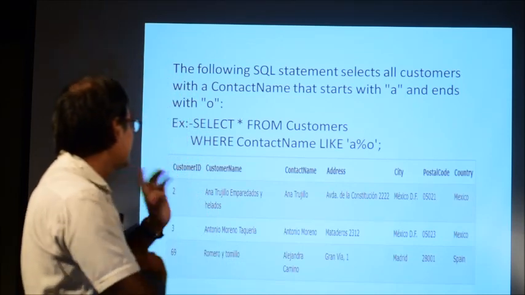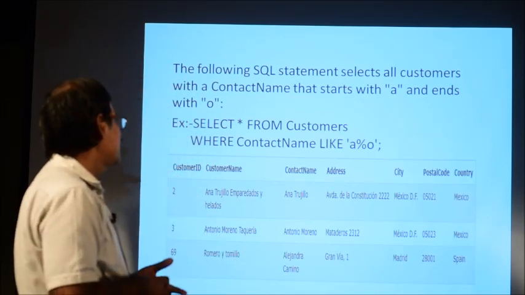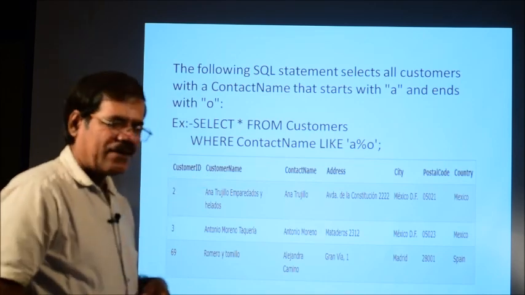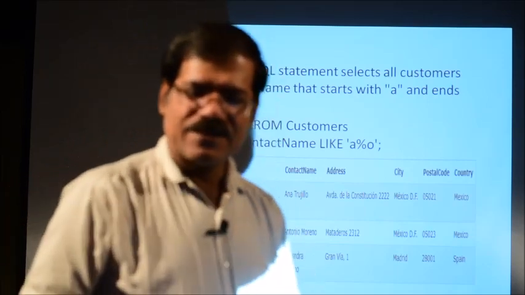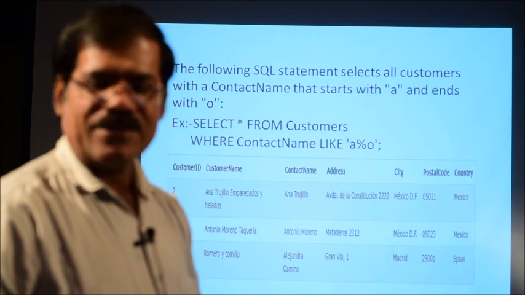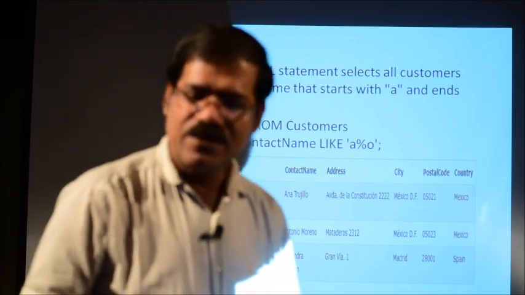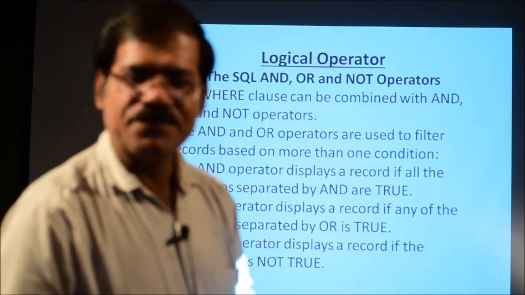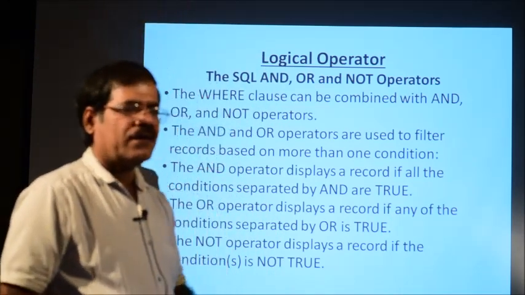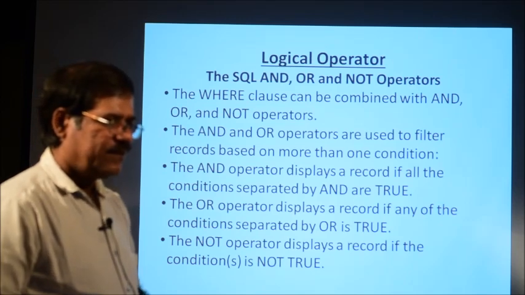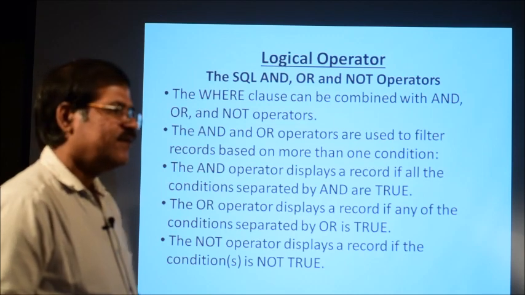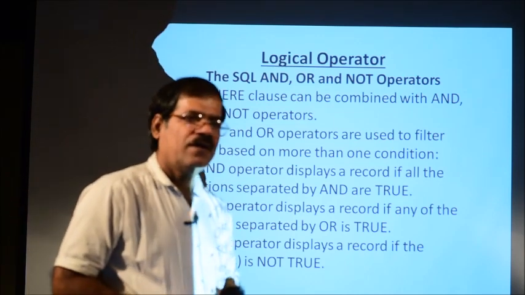So that means 3 records are selected from the table whose contact name starts with A and ends with O. According to that condition, the where statement will check that pattern, and the select statement will select that many records from the table and display them on your screen. This is the basic concept we use in day to day life to fetch records from the table.